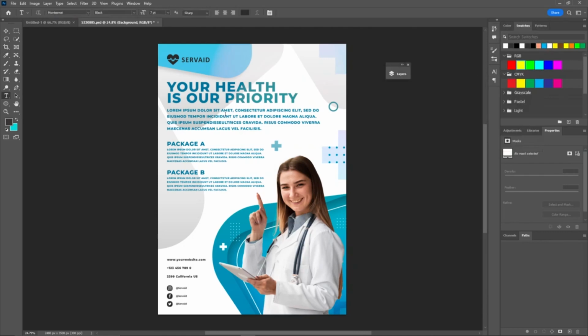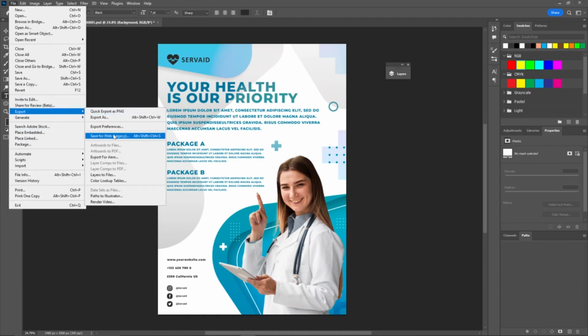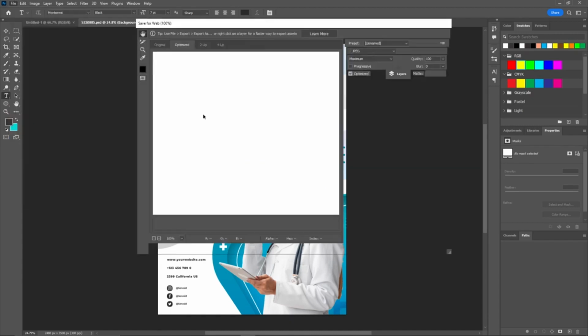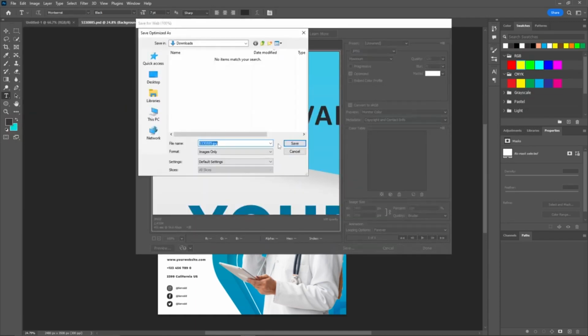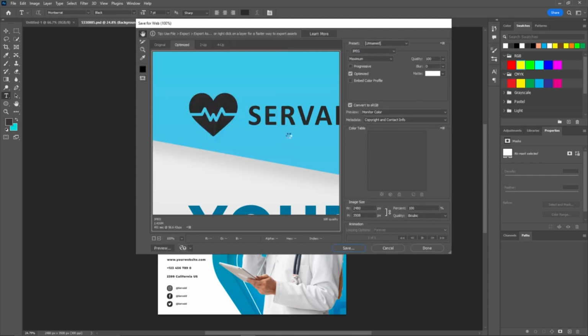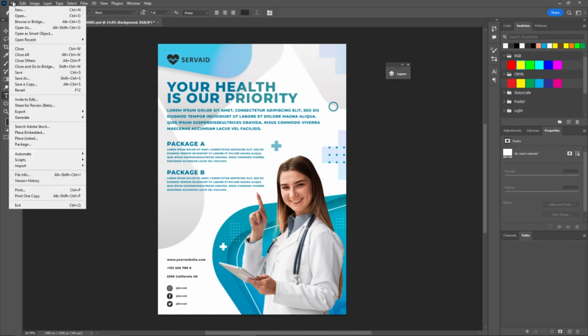And after adding all of the information and finalizing your flyer design, you can simply click on File and click on Export. And here you can save a web legacy. Just click on Save, select the location and click on Save. And now you can post the images to your social media,